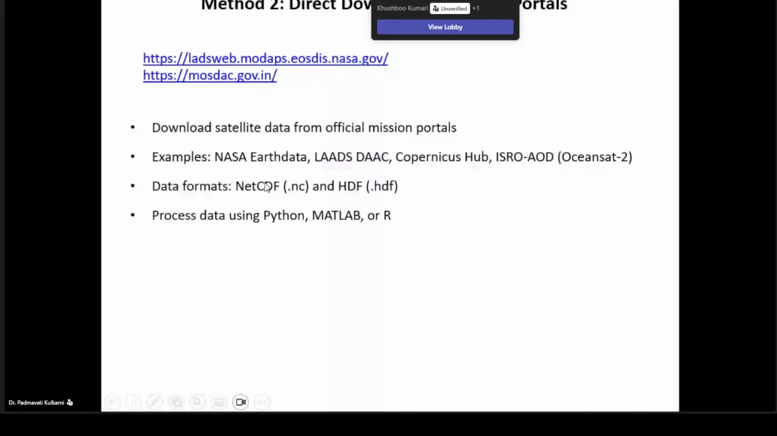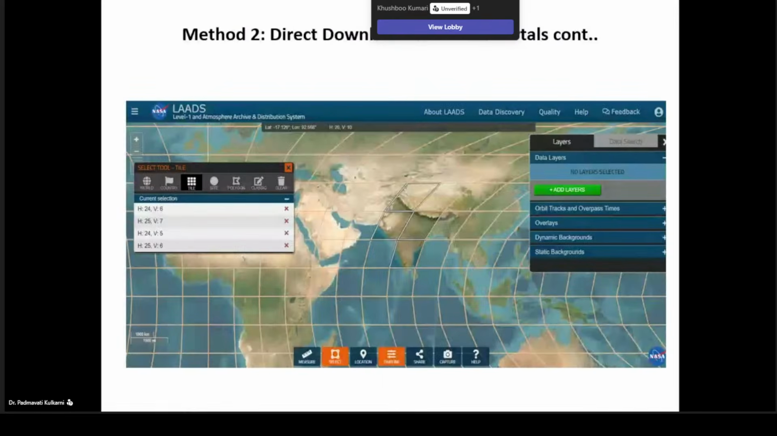The only advantage in this is we can get higher resolution data compared to Giovanni. Giovanni is the 1 degree resolution, whereas in this we can directly download the data from the portals and get a higher resolution of 1 kilometer or below. Yes, if it is available. That is the advantage. So when you go for method two, when you download,